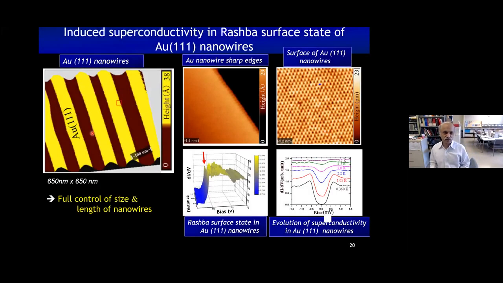In order to do that, we pattern the gold into strips on the order of 100 nanometers or less. So those are the strips of gold. And then if you zoom into one of the edges of the gold, you see the edge is very well defined, a very sharp edge. Besides, it's a very nice crystalline gold on the vanadium. So then you can again see all this atomic structure, everything intact.